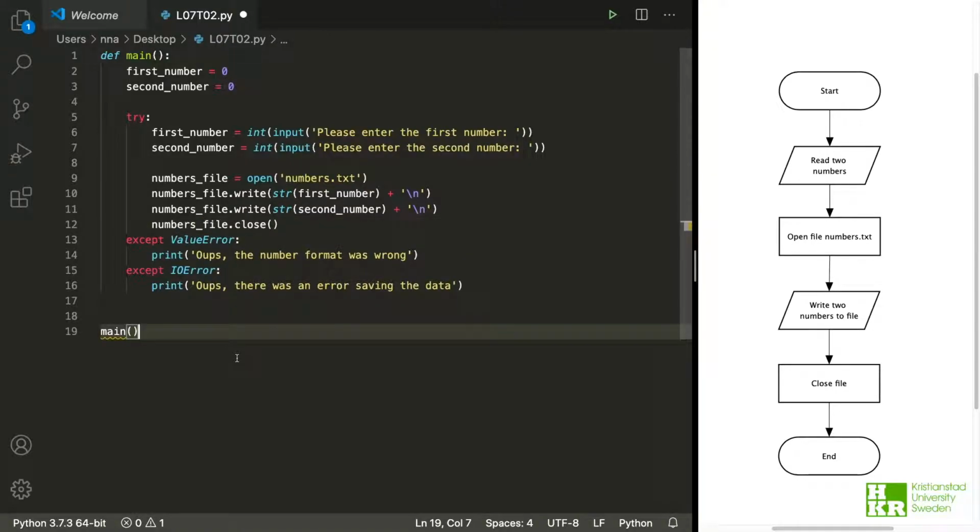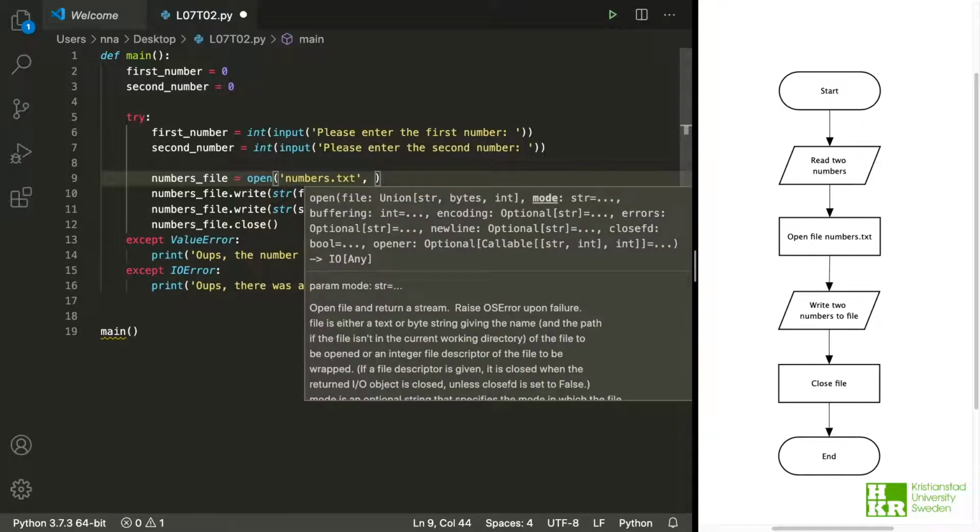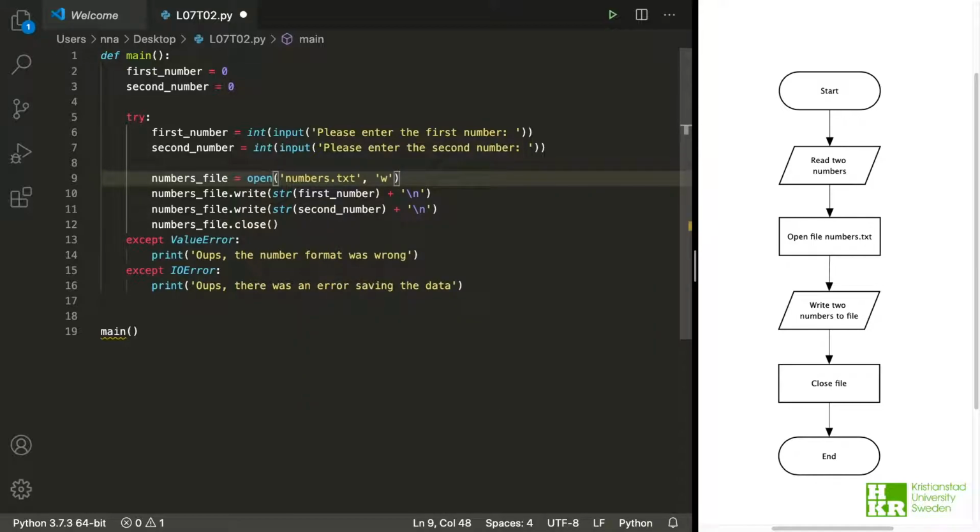Let's try to run it, but before we do that, I see that I have forgotten one thing. We need to tell Python what we want to do with the file. Do we want to open it so that we can write to it, which we want in this case, or do we want to open it maybe just to read from the file? So if we add that and then we try to run our script,